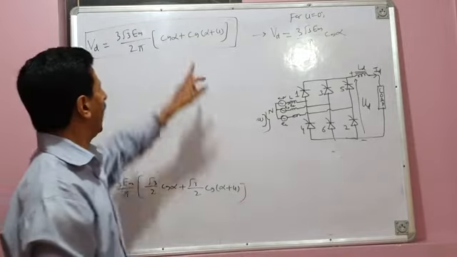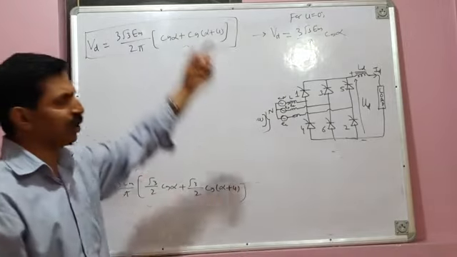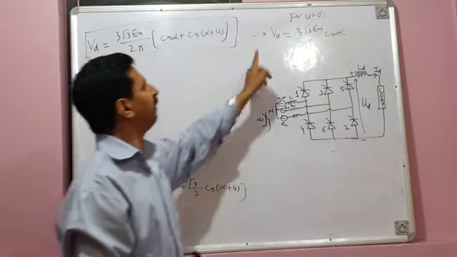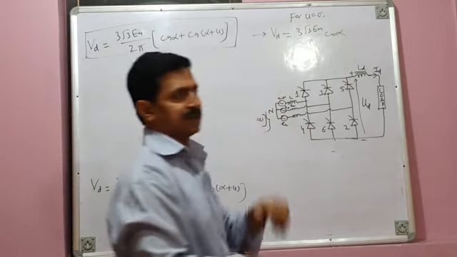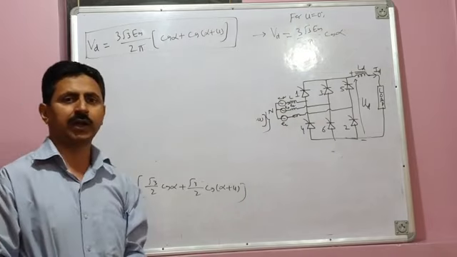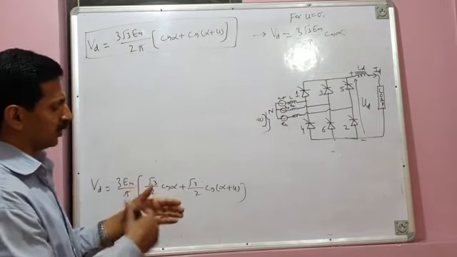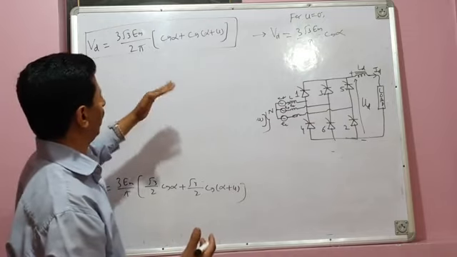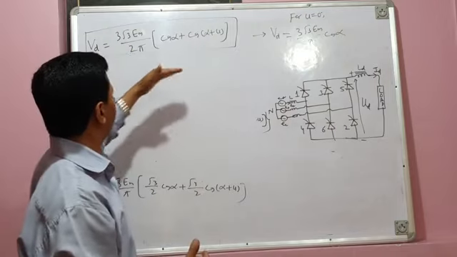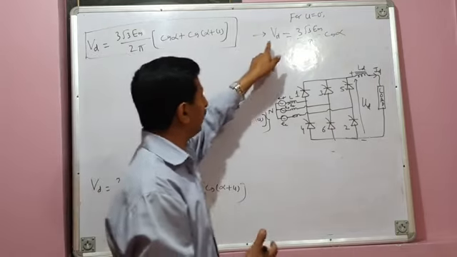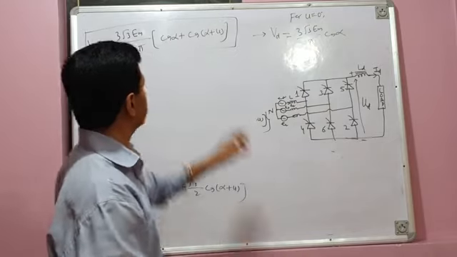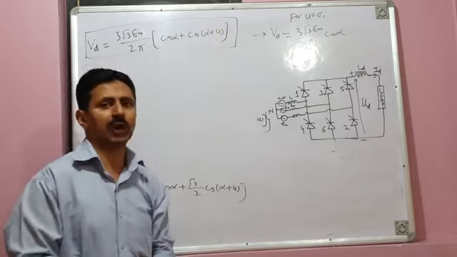So for a particular value of alpha, you will see the average output voltage given by this equation will always be less than that given by the other equation. For example, you can take alpha equal to 10 degrees, 20 degrees, 70 degrees, 80 degrees, 90 degrees, 120 degrees. For any value of alpha, if you know em, you substitute, and the average output voltage produced by this equation will be less than that produced by the other equation. This is because of the inclusion of commutation overlap angle u.